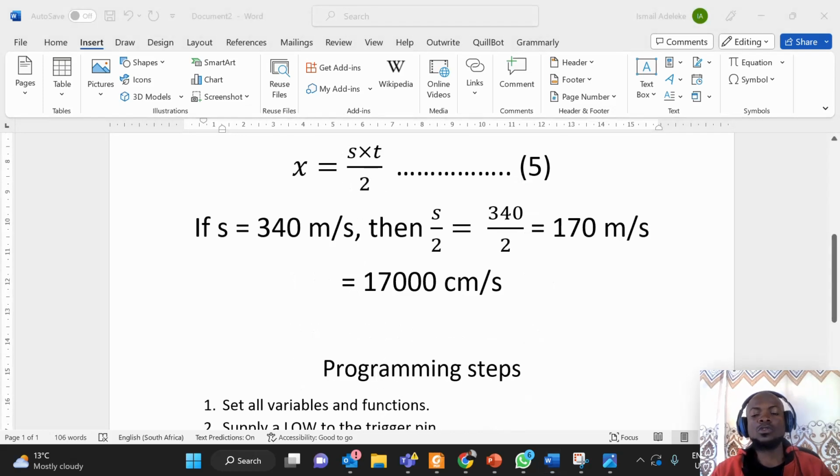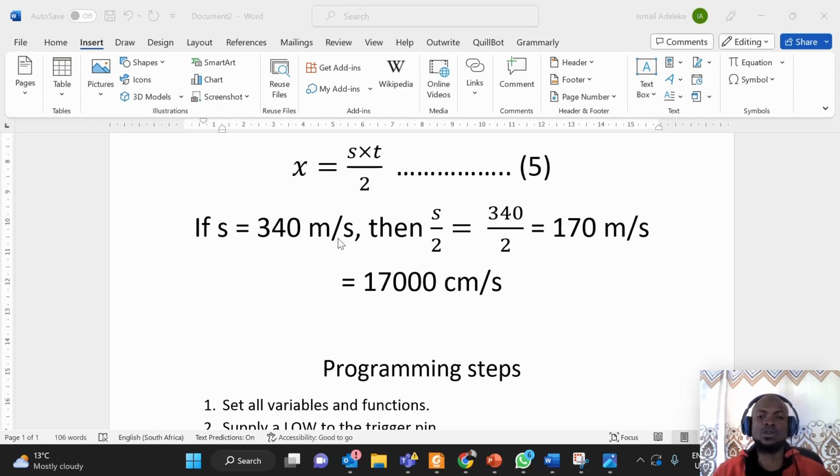So this velocity of sound in air is approximately 340 meters per second, although it changes with temperature. It is not a constant 340 meters per second. It depends on temperature. So I believe you must have been taught in physics that the velocity of sound in air depends on temperature. So that means if you want to build a perfect distance measuring system, you must have a temperature compensated